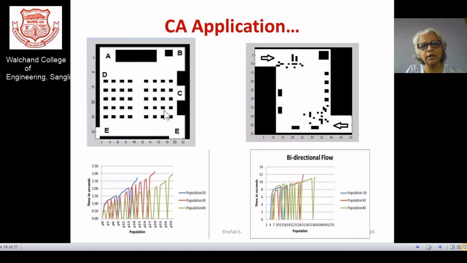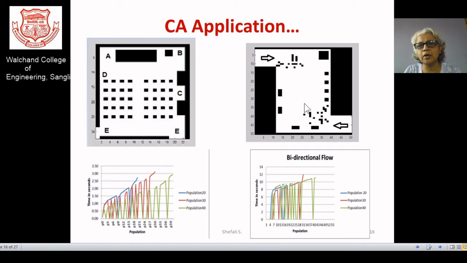So this particular idea can be given by the cellular automata arrangement. I made certain observations with different patterns and different populations of students in a class, and what the exit time is for every individual. Say there is a fire in a class and I want to vacate the room, so which will be the feasible solution from an architecture point of view, I can observe here.